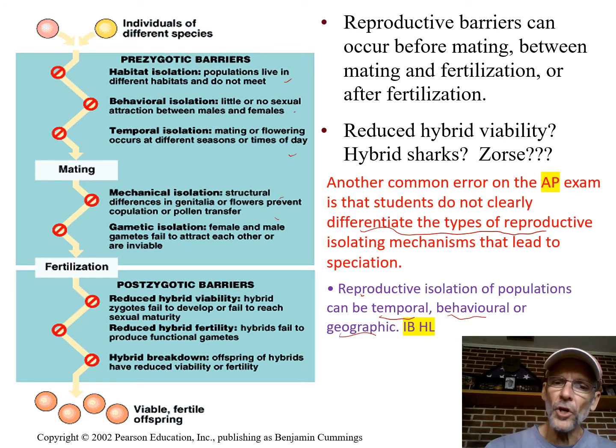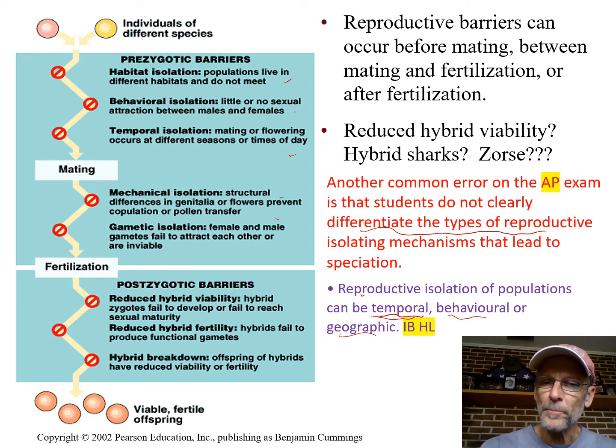All right. So, for instance, if a certain type of insect mates during a particular season, and another group of that same species mates in a different season, that would keep their genes from mixing, and that would be a temporal